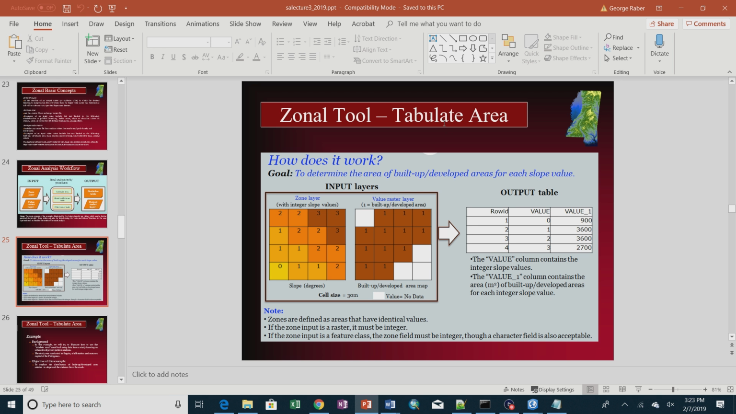You get a value of 2,700. So that's the total area of cells with the value 3. Cells with the value 2, there's more of those. Cells with the value 1, there's the same number of those. And finally, cells with the value of 0, there's only one of those. So 900 times 3 should be 27, is that